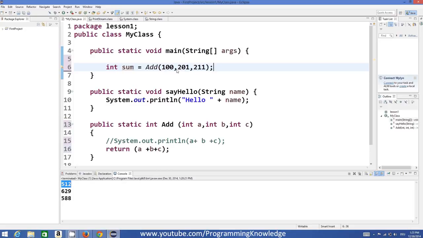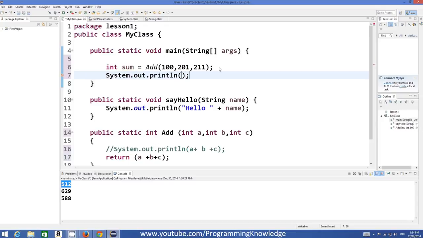This will replace a as 100, b as 201, c as 211, and it will add these values and return this sum, and you can store this sum in some other variable. Okay, and then you can print